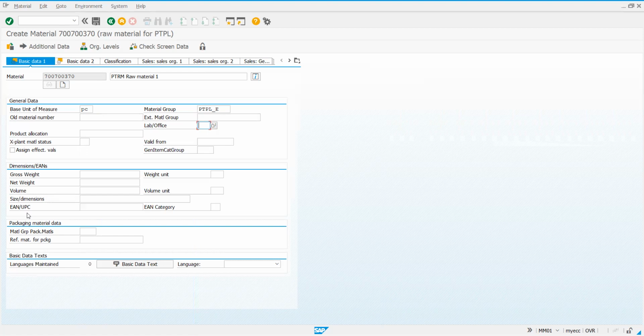This is quite simple, used to identify the manufacturer of the material. If it is a standard material, like we have different standards, similarly here also, BIS, ISI, and so on. So, in order to get to know about the manufacturer, that can be defined. And other things you can understand: gross weight, net weight, volume, size, dimensions, based on what the material is.